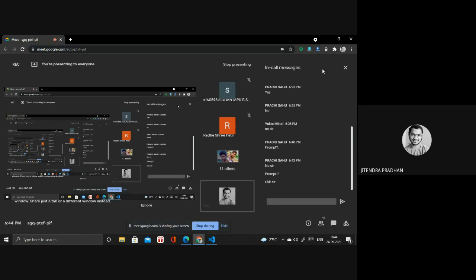We don't have any box inside it to enter a value, so that is not available in confirm. But in prompt we have three things available. First, you can enter any particular value you want. Then we have two buttons, the cancel button and the okay button. These are the three things we discussed previously.